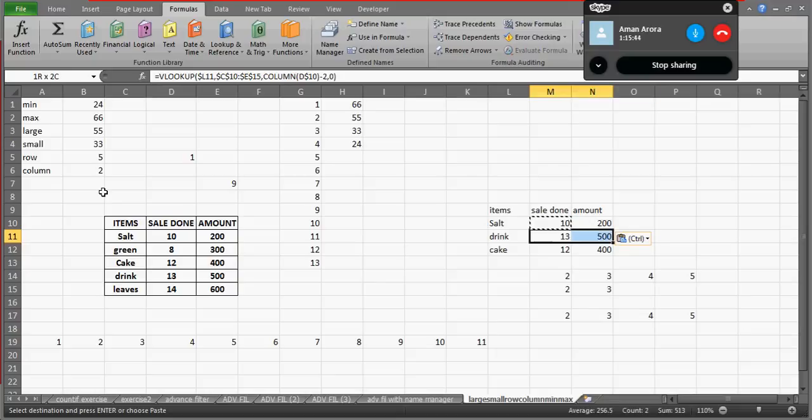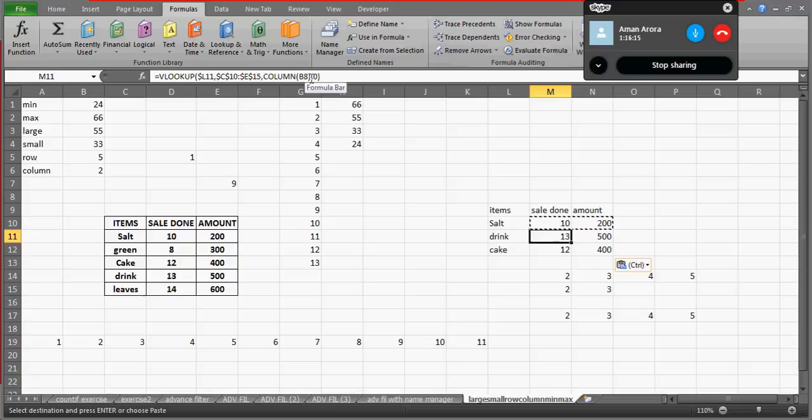C7. And in fact, guys, you don't even need to freeze this B$7, because even if it goes in the downward direction, the column will not change. B will remain there. As long as B is there, it doesn't matter on which row it is, you will have the column number 2 as your answer. So I will simply copy this and paste it. Now you can see here it's B8, but B8 also belongs to the B column, and you will